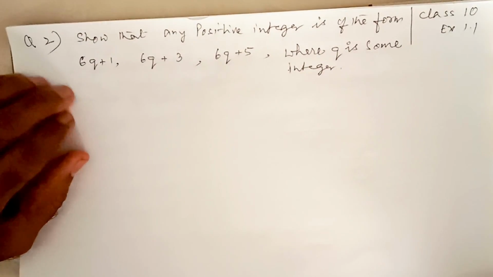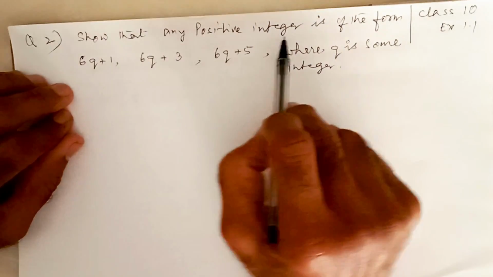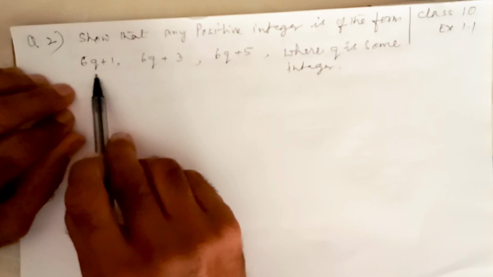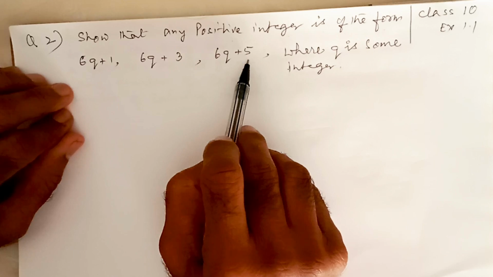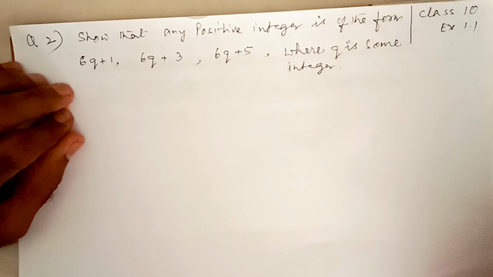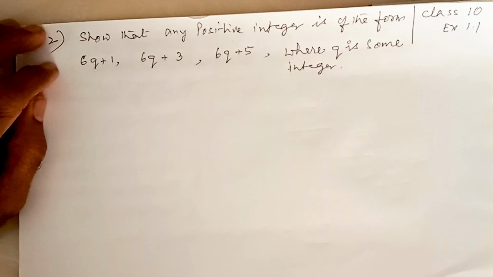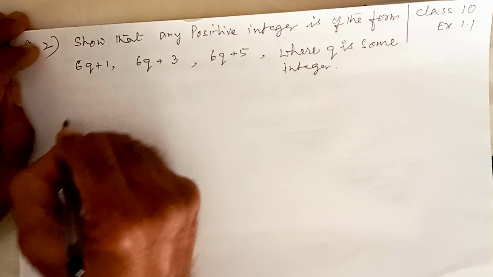Students, now you see question number 2 says this. Show that any positive integer is of the form 6q plus 1, 6q plus 3, 6q plus 5, where q is some integer. It can be any number. We start now. As you know, Euclid's division algorithm says